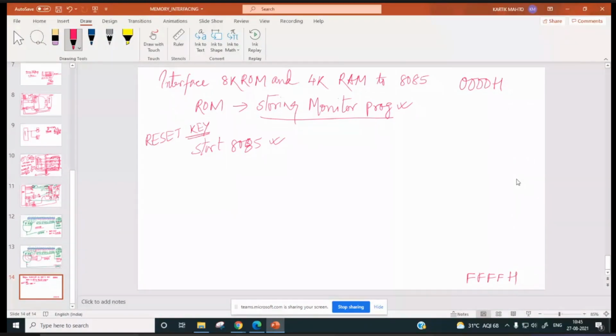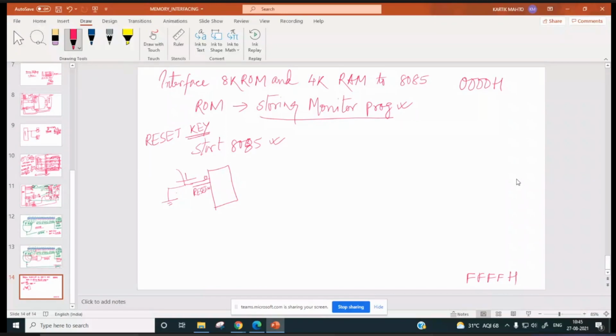And when we press reset key, what happens? This reset pin, actual hardware pin is going to be like this, which will go to 8085, and which is RESET IN bar. So if you press this key, ground is connected to this pin. So it becomes 0. So what exactly does it do?